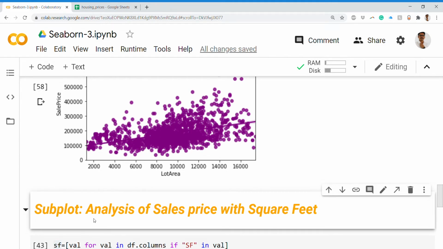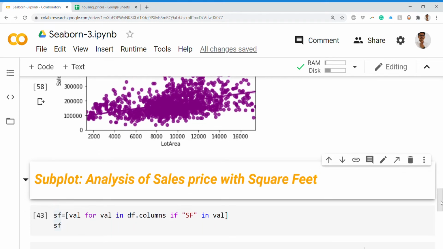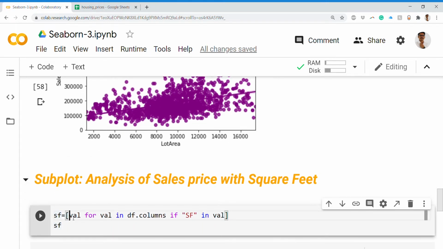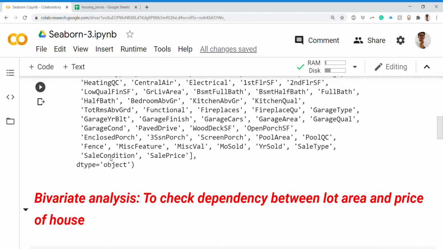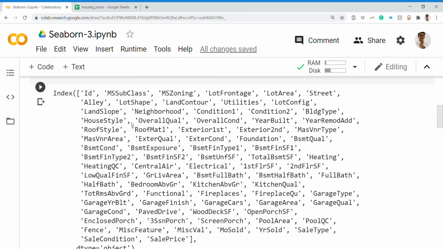So for that, what I'll do is I'll run a list comprehension. This is not new to you. You have already been learning this from the beginning of the series, from the foundations. Since I ran this df.columns, these are my columns, and from this I want to check which columns contain square feet.